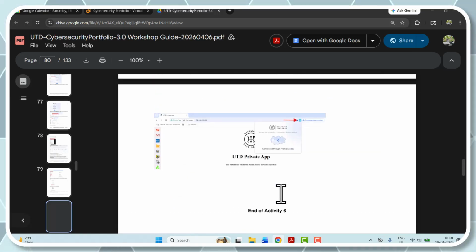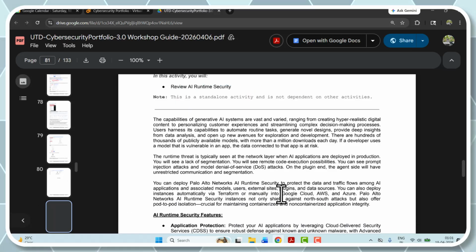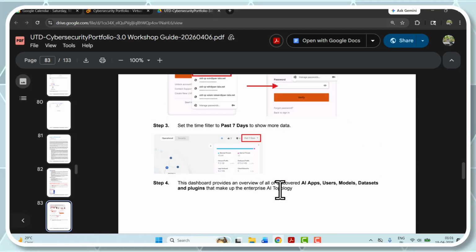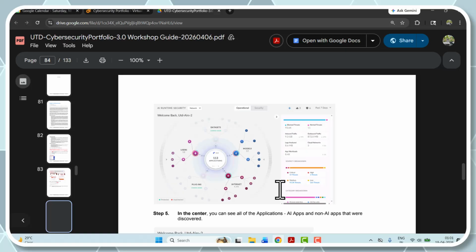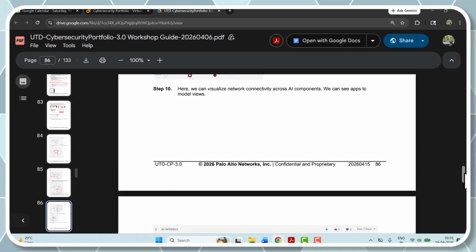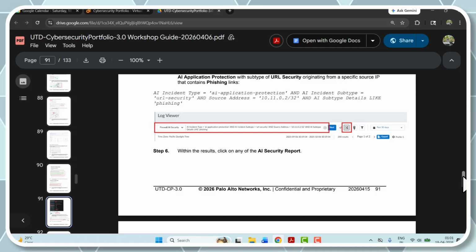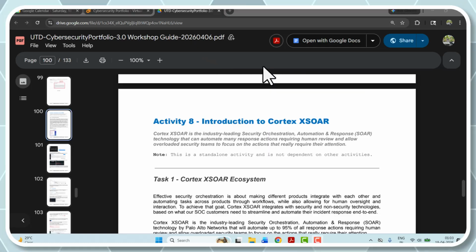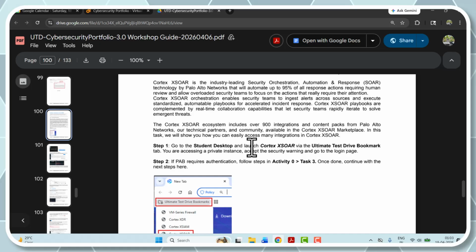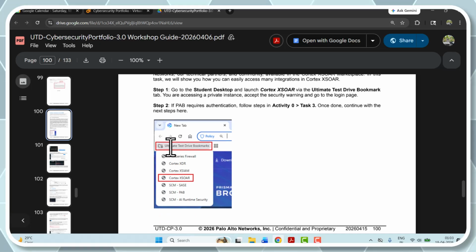Today's lab was basically limited to showing how this XDR works and how this XDR blocks things. Prisma Access Browser is a separate setting, we will discuss it in a different video. The main topic is Cortex SOAR. Now what is SOAR? Security orchestration, automation and response. This is an important topic. So now we will go to our ultimate test drive and click on the student desktop